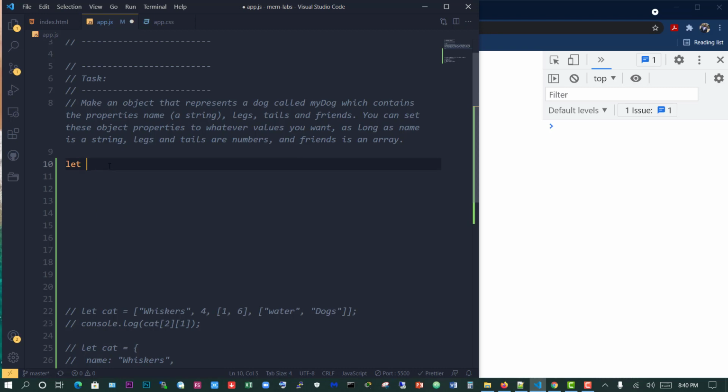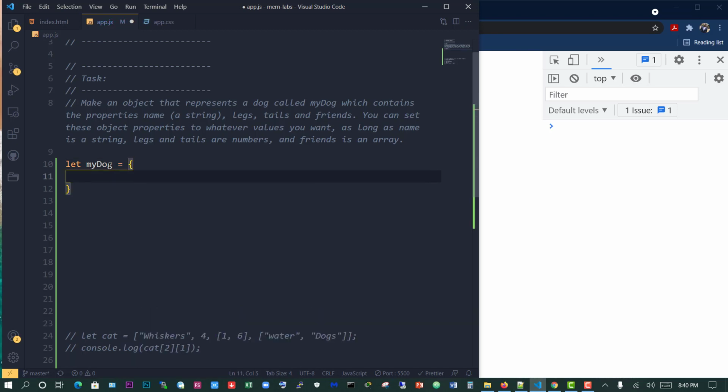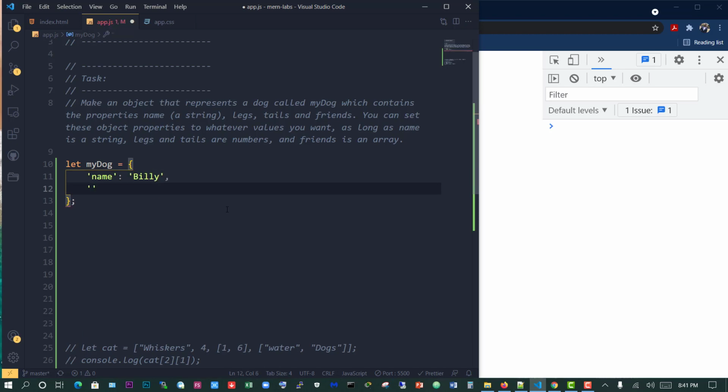So first of all, we'll create the name of the object, which is my dog, just that way. Then remember, we'll use the curly brackets. And now we want to specify the key value pairs. So first we need to specify the name. So I'm going to say name, I'll use colon, and I'm going to call the name of this one Billy. Then next I'm going to say legs will be 4,